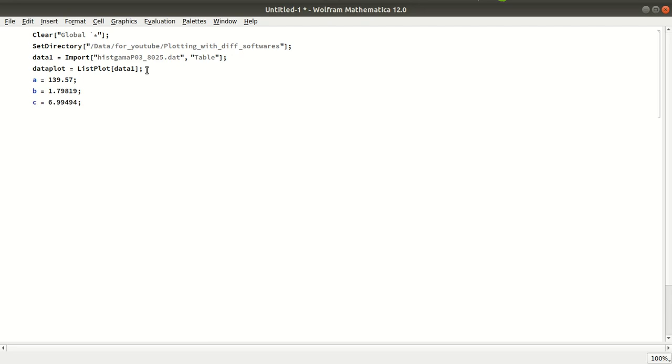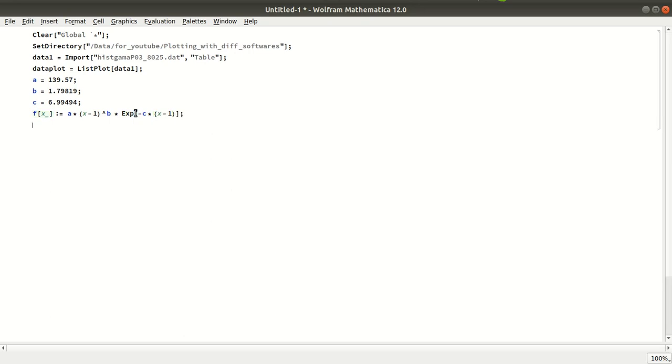Then to define the function you have to use f of x underscore, then colon, then equal sign, and then a star x minus 1 to the power b, then exponential, here you can also put a star, exponential minus c star x minus 1, and then close the bracket.